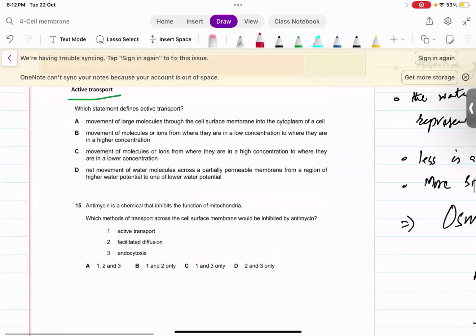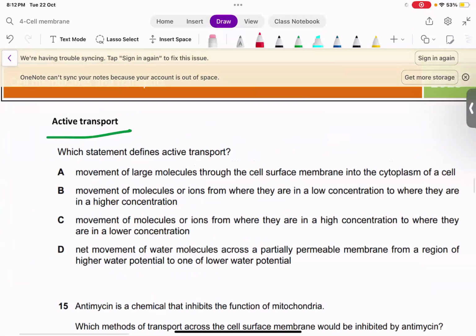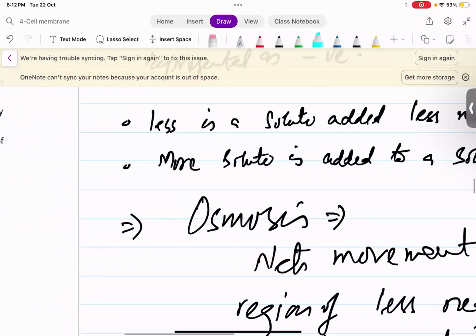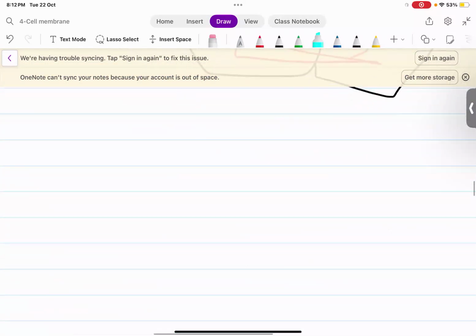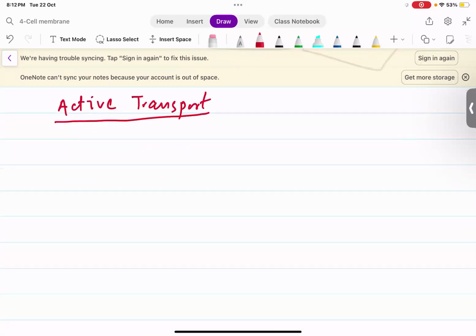Okay. So this is an active transport. Active transport can be described as transport of materials into or out of a cell against the concentration gradient. For example, if this is an animal cell and you have